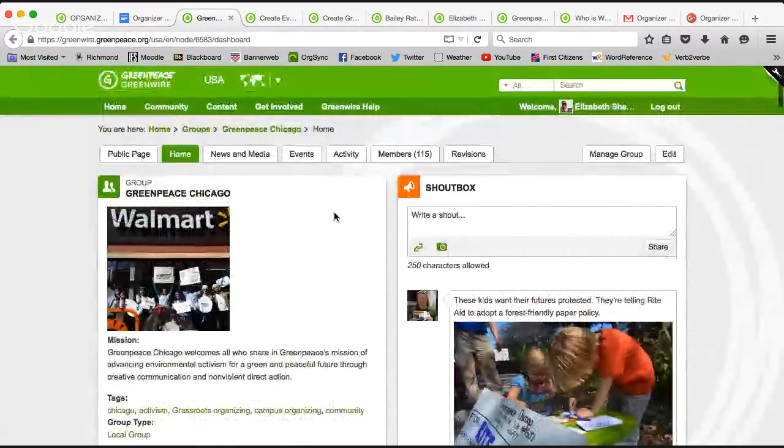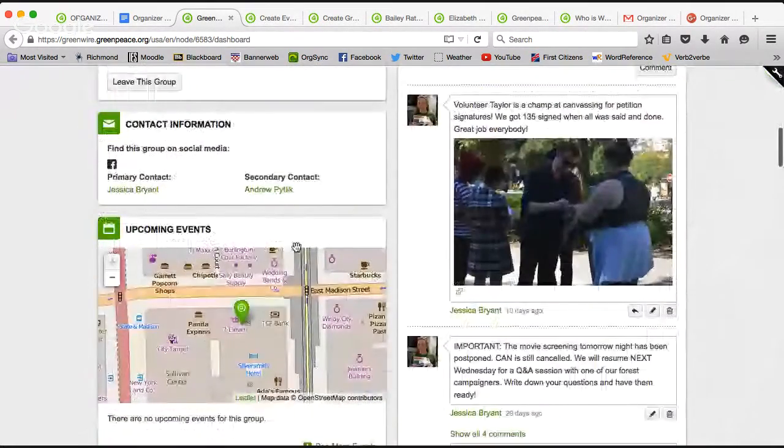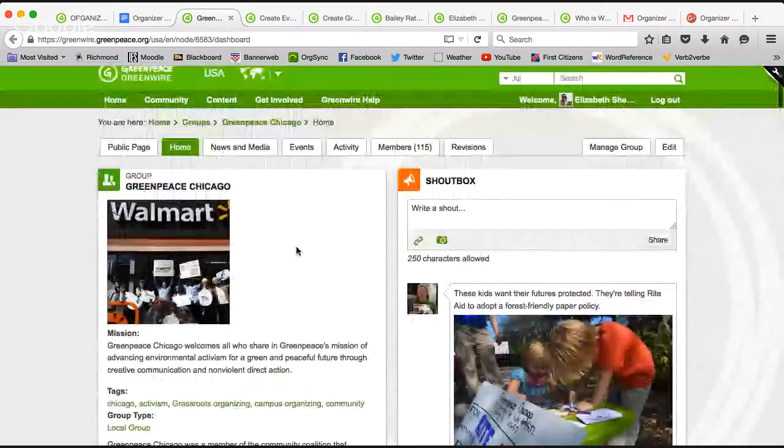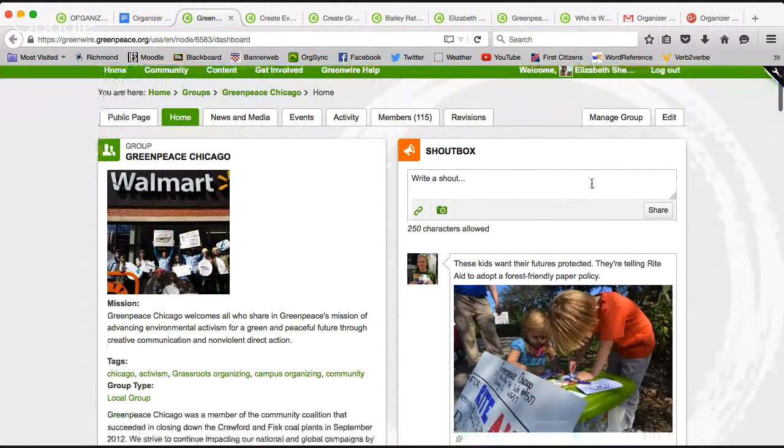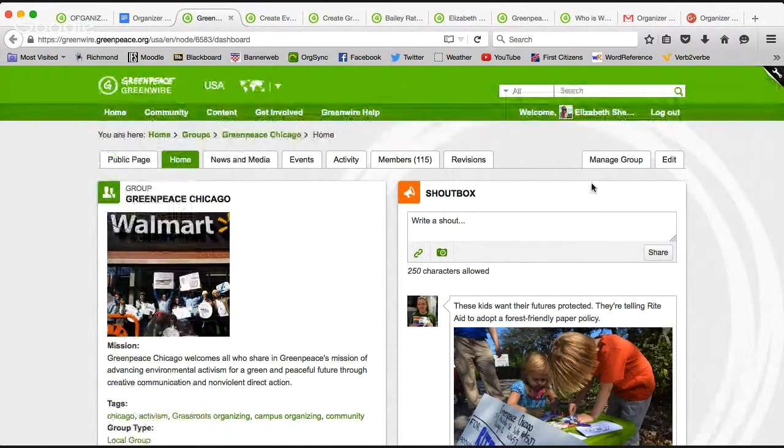But just so you know, these are features for administrators of groups specifically. So when you are managing a Greenwire group, you have these abilities and privileges. And if you are trying to get in touch with folks in the Chicago area, but you aren't the administrator of this group, again, this is something that staff is always here to support you with, and we're happy to give you those privileges or talk to you about them if you're looking to reach out to folks in this way. But just to say that there is an extra step involved if you aren't already a manager of a Greenwire group.